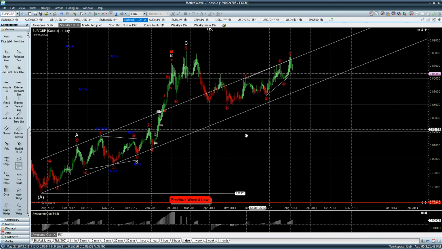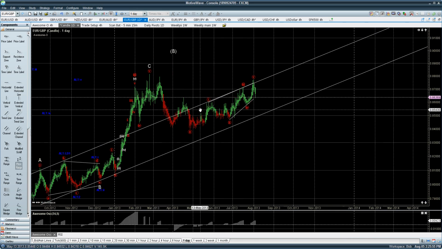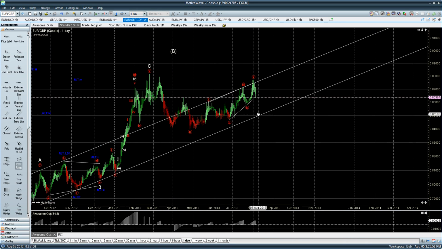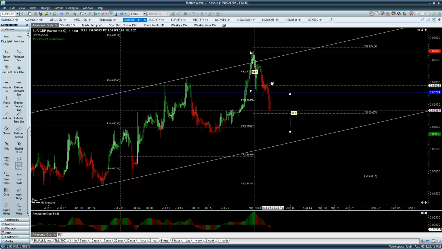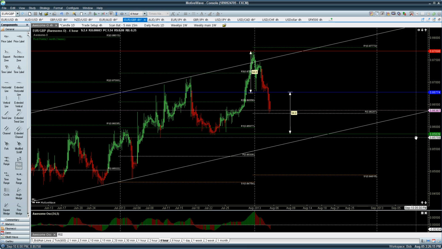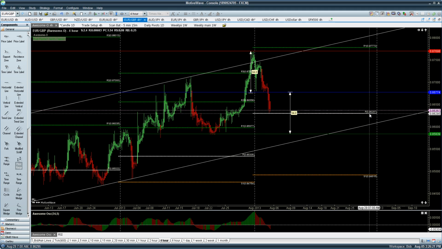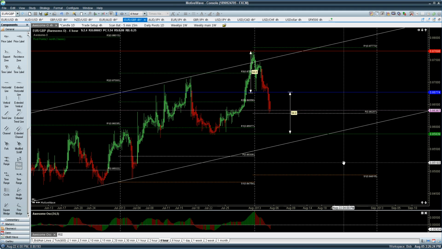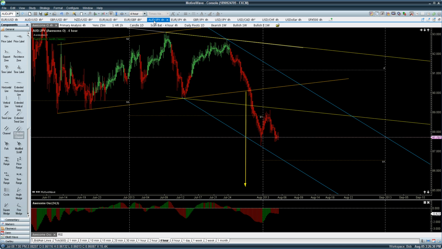What's interesting is this channel I had from way back when is coming into play now. It's resistance along here. Maybe we'll see it as support down here at 85 before the next move higher. Right now, it had a zero line cross back in here. That would have a target right now of 85.83 for 94 pips. Right now it's bouncing off the monthly pivot. So, yeah, I'm not doing anything with that right now.